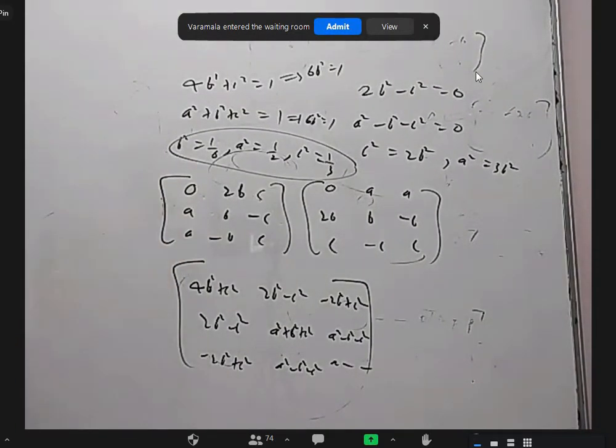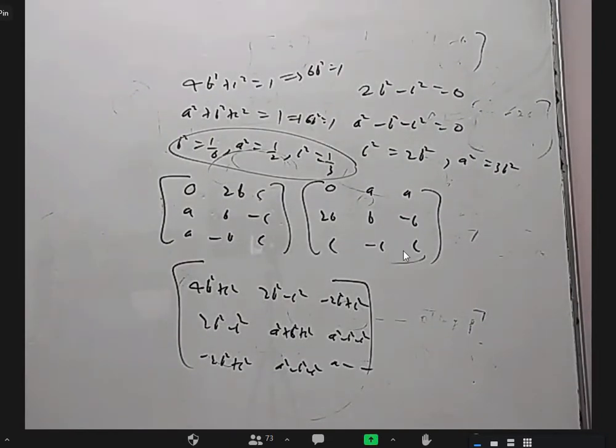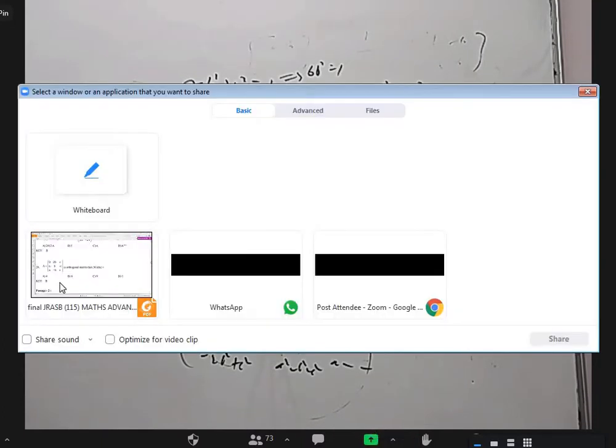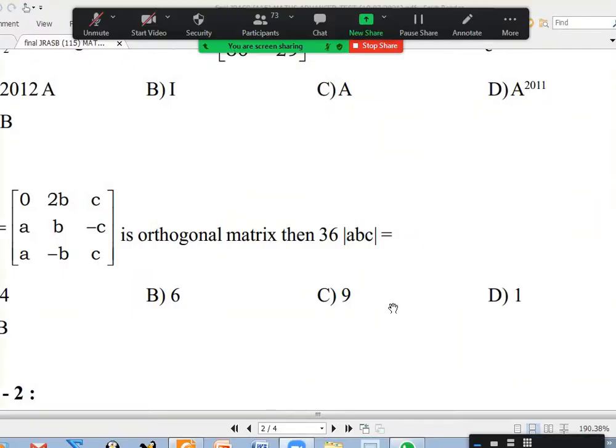Then you can do it. So there are two ways to do this question. Really find the A into A transpose equal to identity matrix, not just the ABC value product. You can find A separately, B separately, C separately. Otherwise, you will directly take that and you will be able to get ABC. Both are fine. The second one takes a little time, but there is some other question I can ask here.